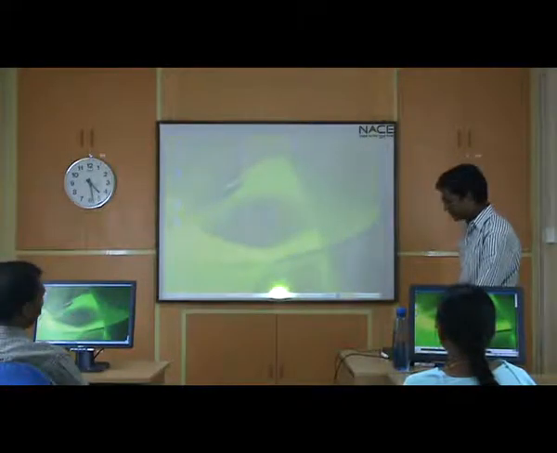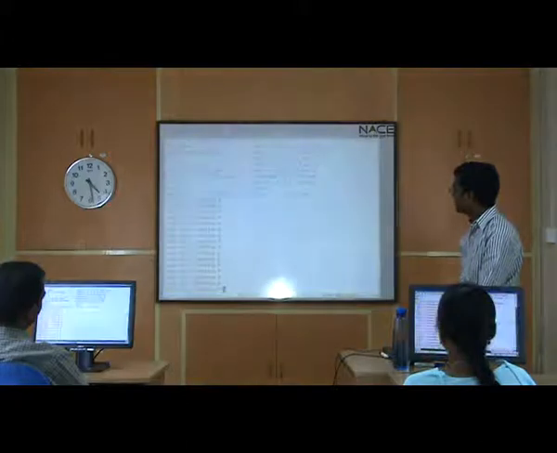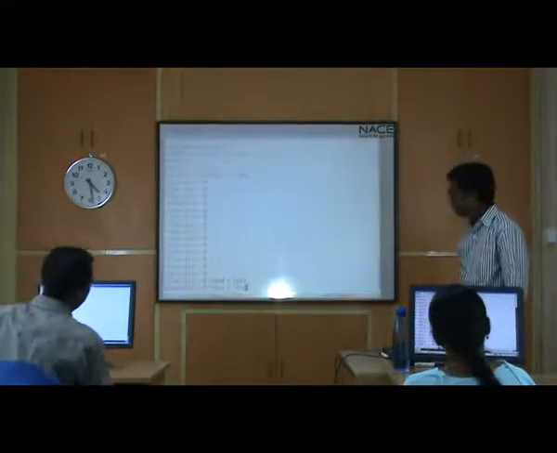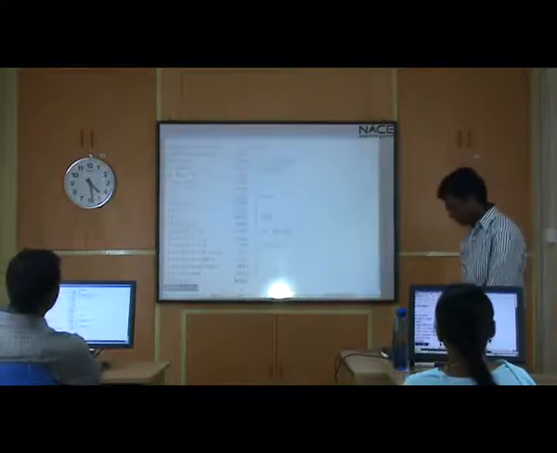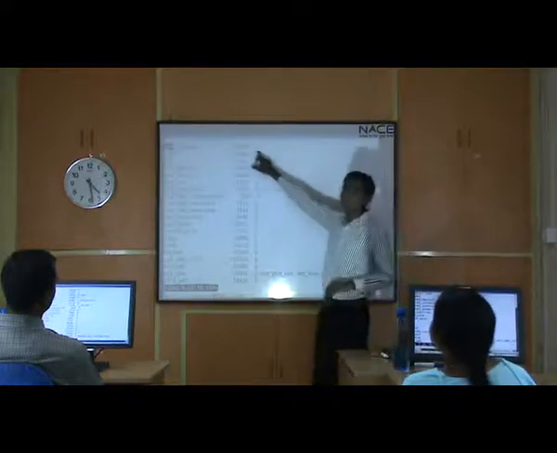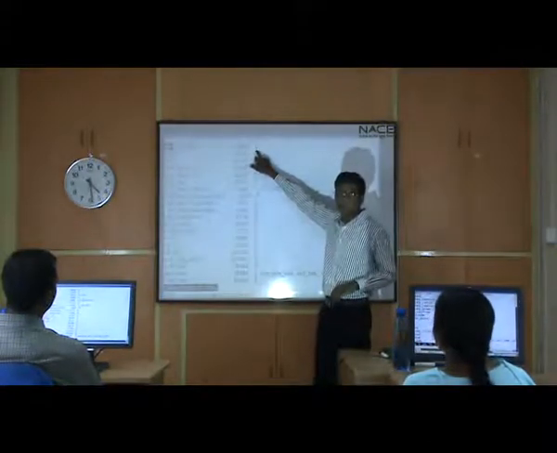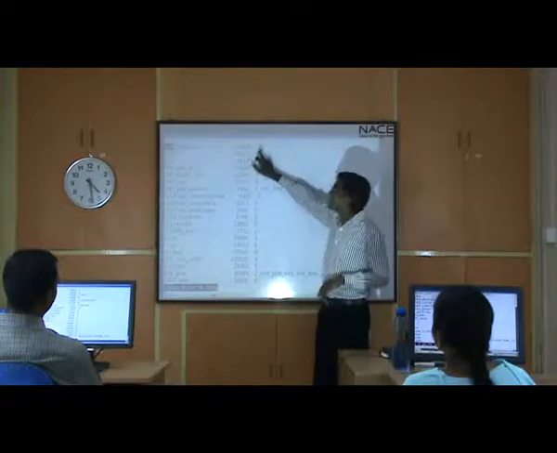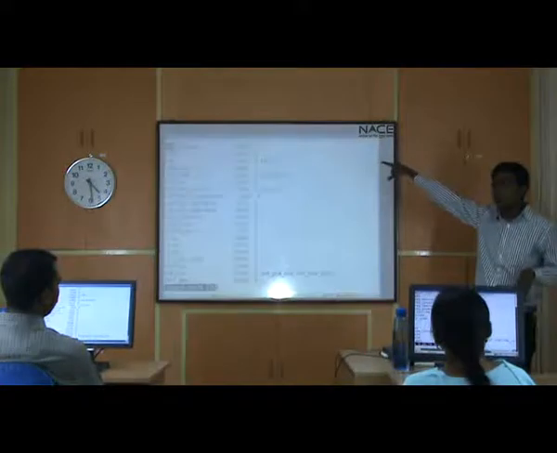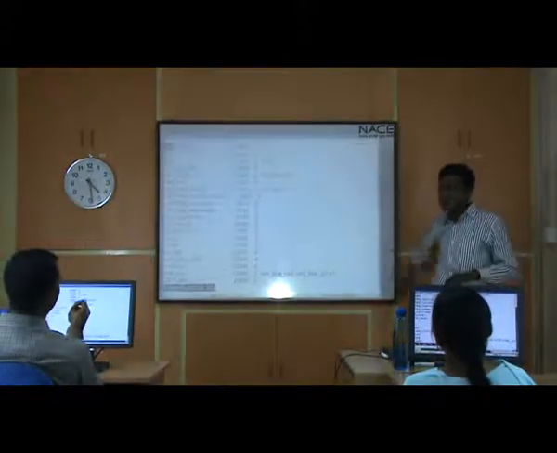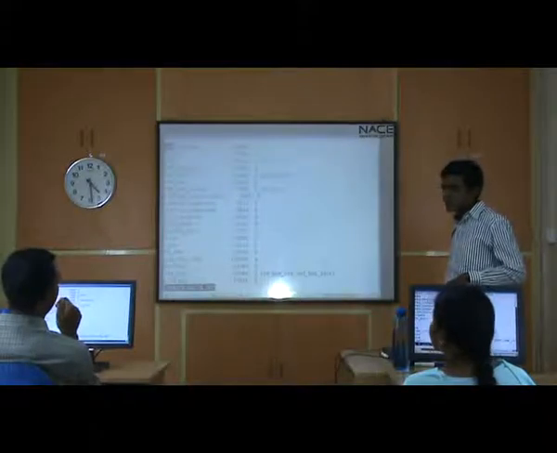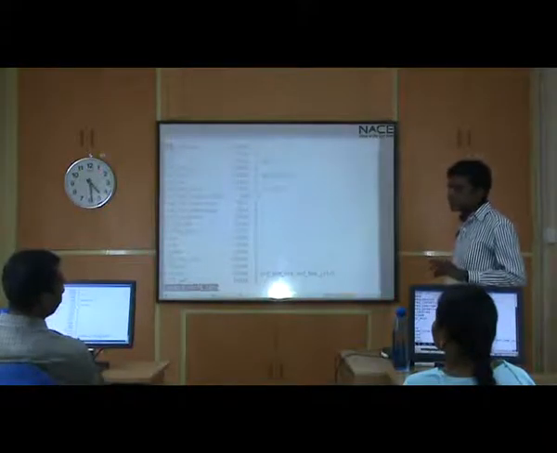Let's go ahead to the terminal. We'll do the same command again and search for USB. And here you can see it has now changed to 1. Right now my USB disk has been detected and it's being used. Got it? If you have two USB sticks, it will change to number 2.